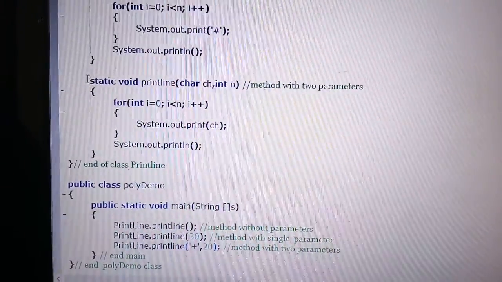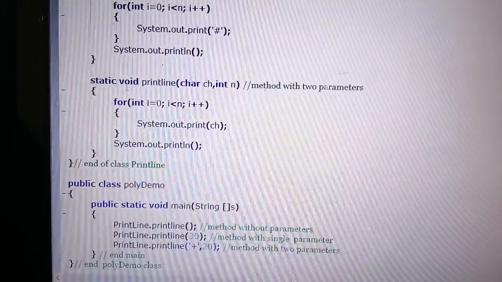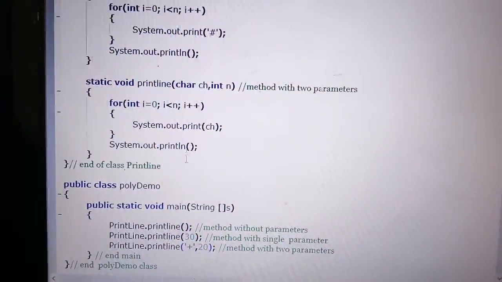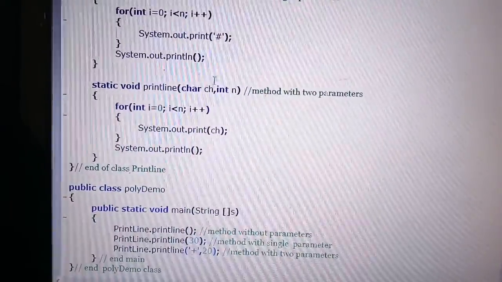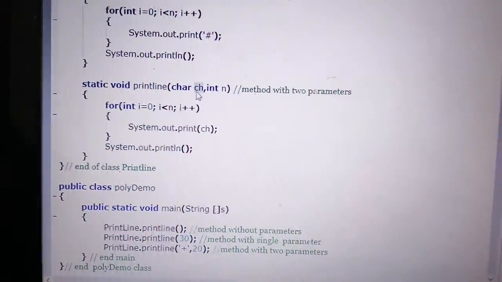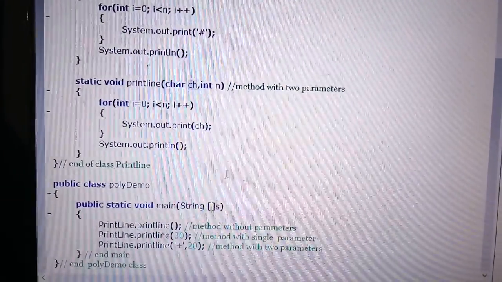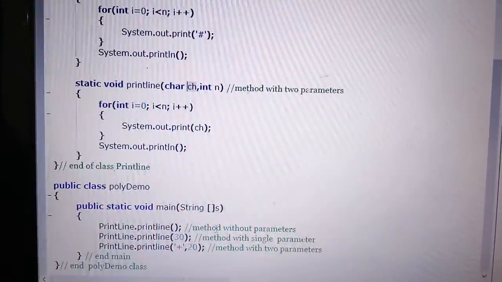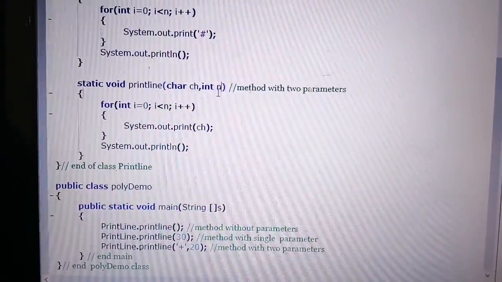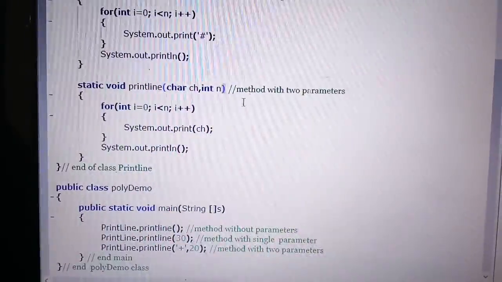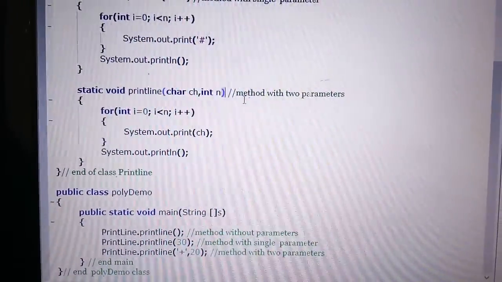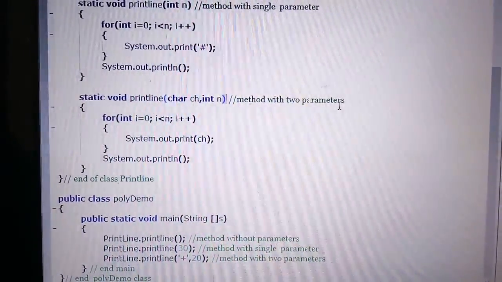So above in my PrintLine class I can find the method whose first parameter is char ch. So ch gets the value plus, and when 20 is passed, n gets the value 20. You can see here the comment given: method with two parameters.